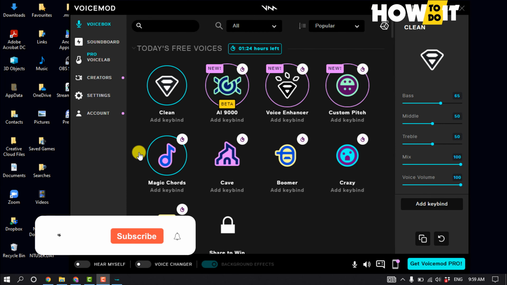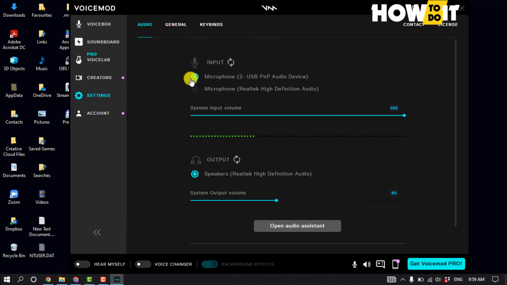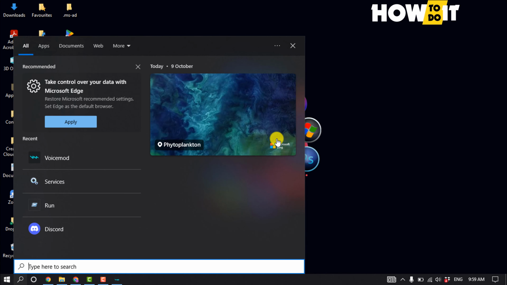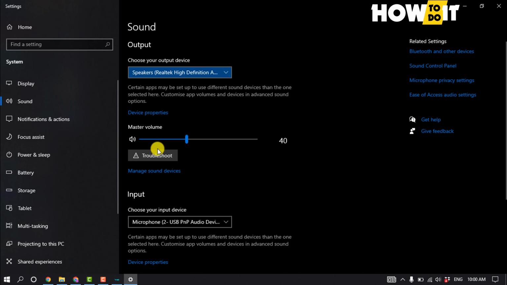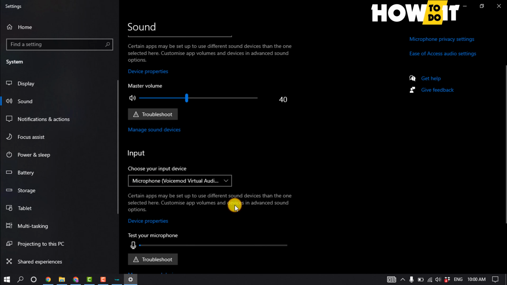So open your voice mode and click on settings, and here you find input and output options. Now you have to select here your microphone for input device, and you can increase the volume of your input device. And then all you have to do, click on your computer search icon and type here sound setting, and click on input device, and now you have to select here Voicemod Virtual Audio Device,